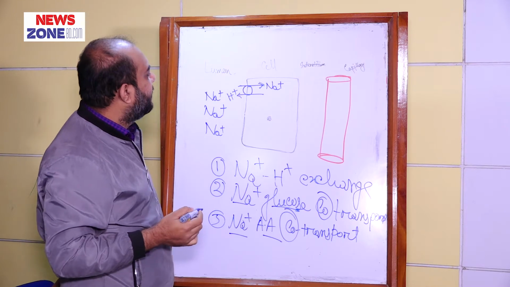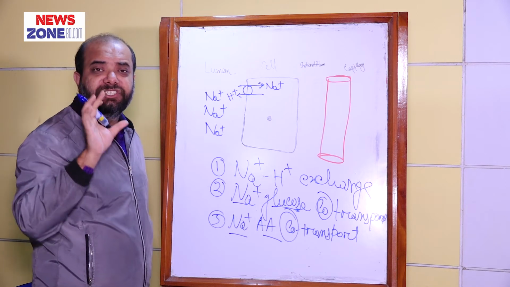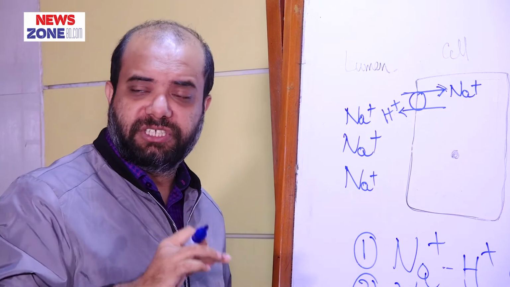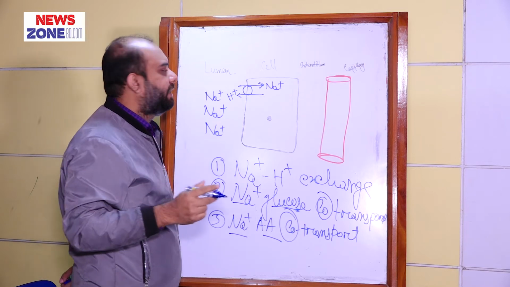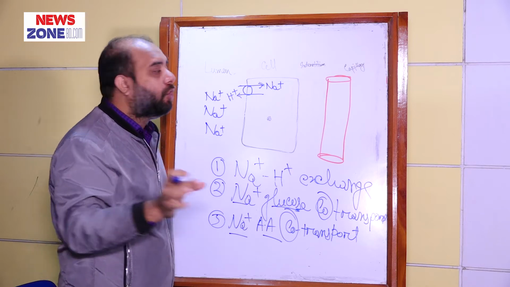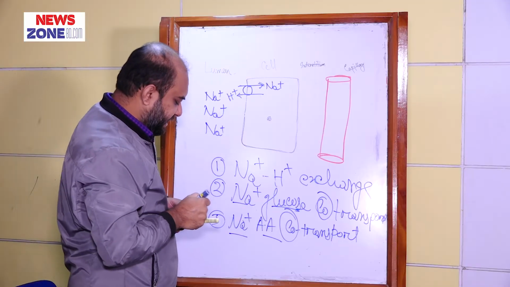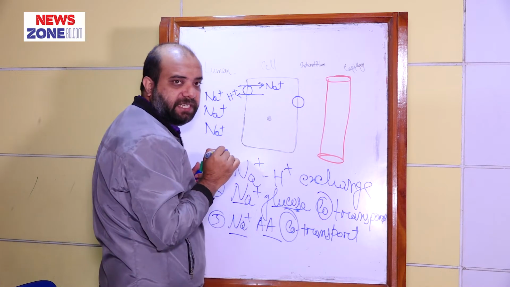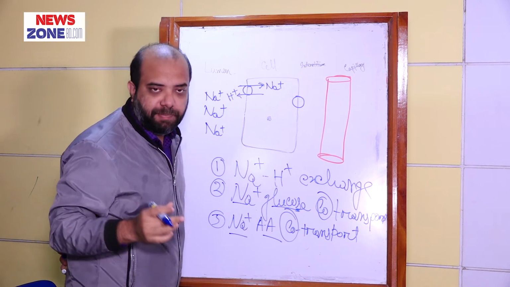Now you can ask, from where can we get this driving force of energy to move the hydrogen ion against the concentration gradient? It is a good question. Now I will explain the driving force which will force the hydrogen ion to be secreted from the cell into the lumen. And for this purpose I will draw another pump protein on the basolateral surface. This pump protein is known as the sodium potassium ATPase pump.